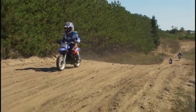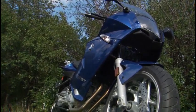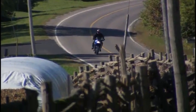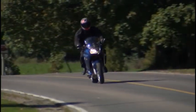Now let's leave the woods and head for the street as we sample BMW's first parallel twin-cylinder motorcycle in the history of the BMW marque, the F800ST. This all-new middleweight sport touring machine was recently launched in South Africa by the Bavarian motorcycle company along with a